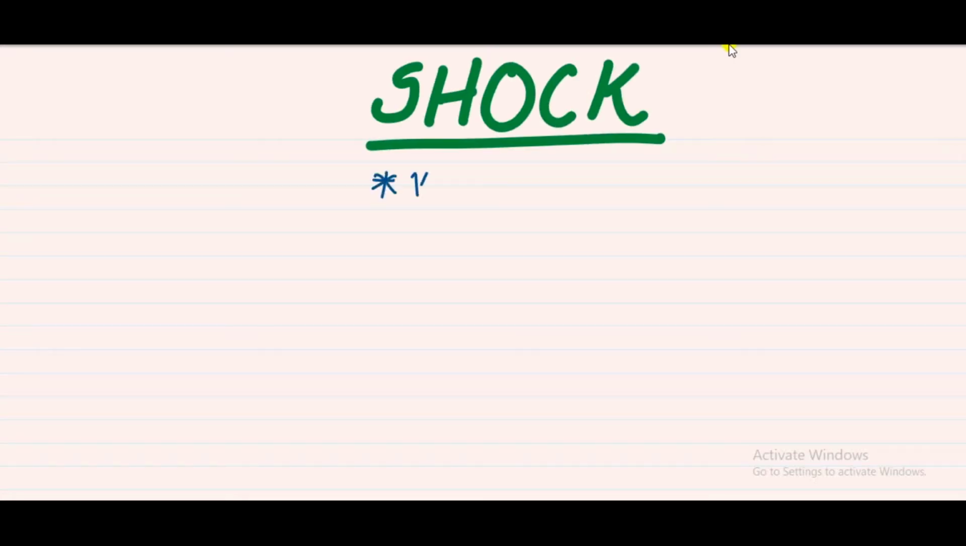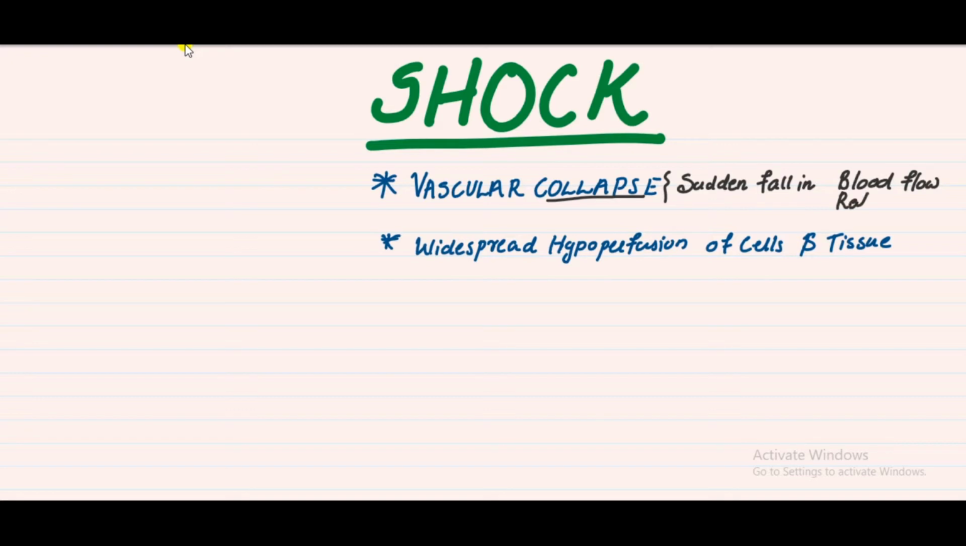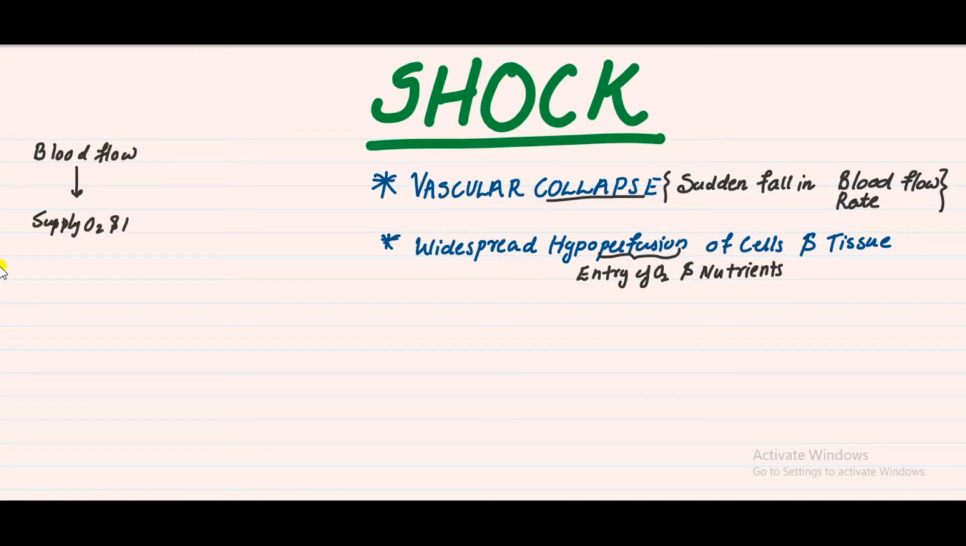In this section, we can talk about shock. Shock is characterized by vascular collapse and widespread hypoperfusion of cells and tissue. Vascular collapse means a sudden fall in blood flow, and perfusion means entry of nutrients and oxygen. So, blood supplies the oxygen and nutrients to cells,